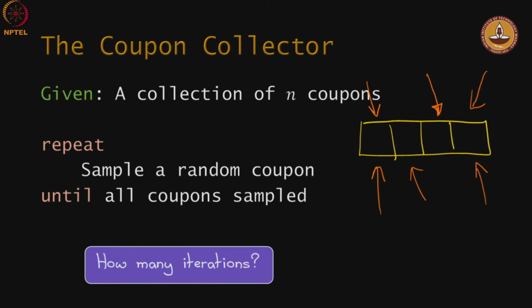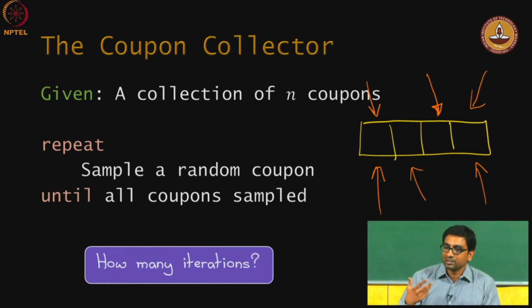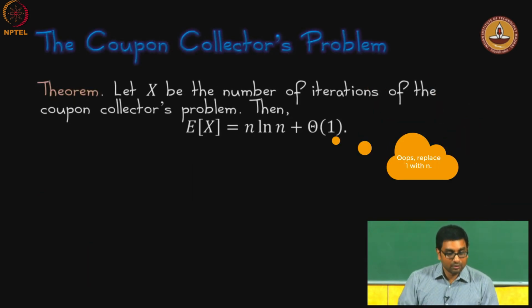And the question is, how many times should we buy the box of chocolates before we get to see all the stickers? Or another way of stating it is, how many iterations of this procedure should be executed before we have gotten all the coupons? This is a simple problem that shows up in a lot of sampling situations, so it is important to understand this. It can be analyzed quite thoroughly, but for now we are going to just focus on understanding the expected number of iterations. So, this is the theorem we want to prove.